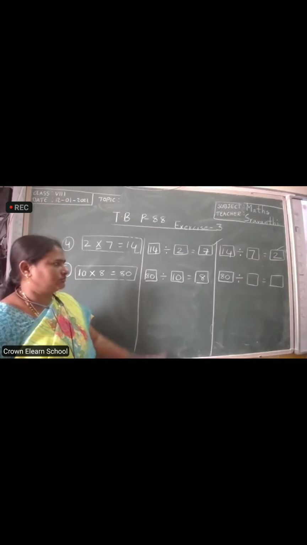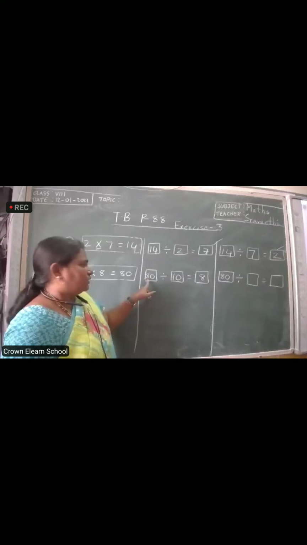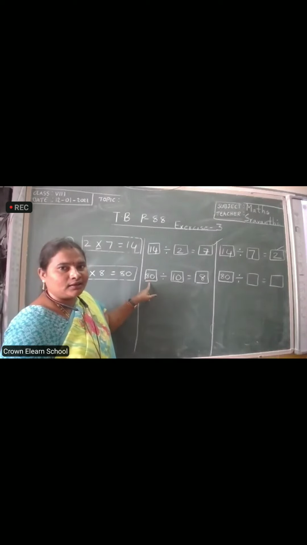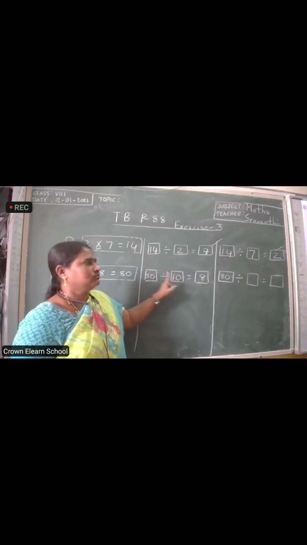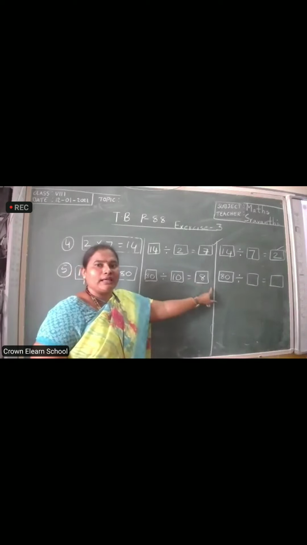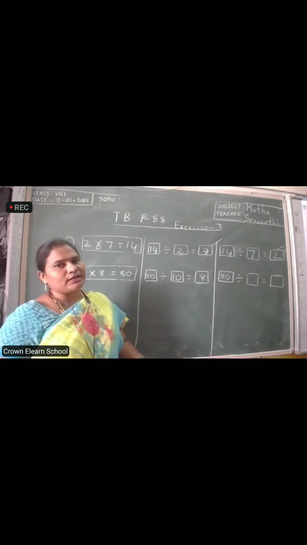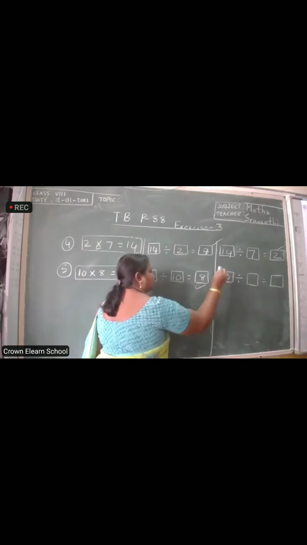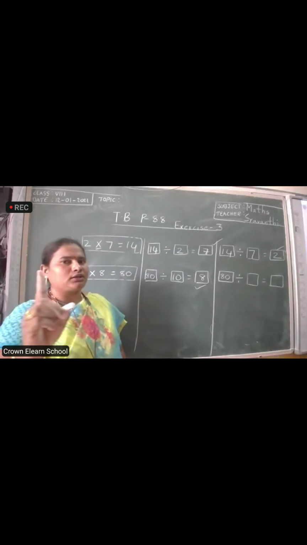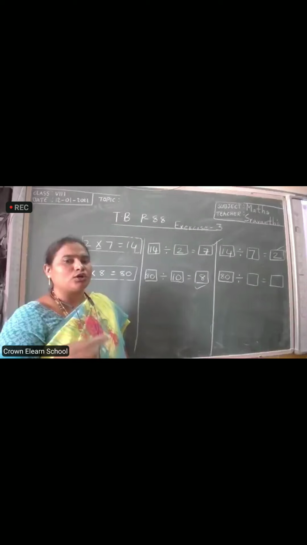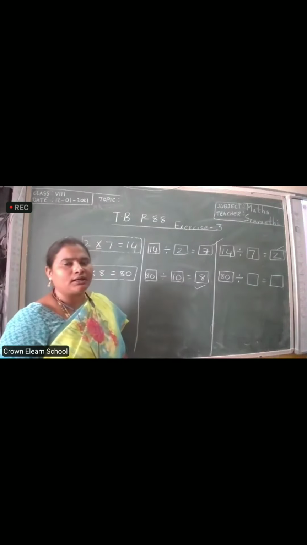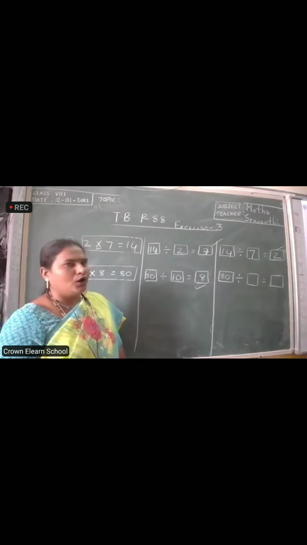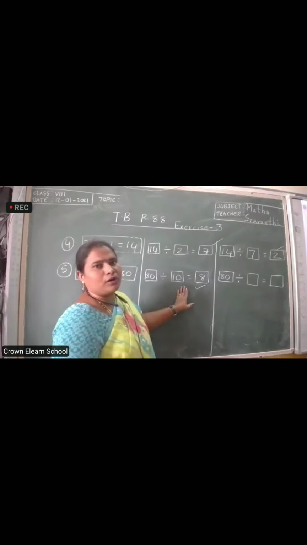Have you written this? Now you got 80 divided by 10 is equal to 8. Have you written the same? Is your answer correct? Then you can tick. If it is correct, then only tick. If you have written wrong, erase it and write correctly. See here and write correctly. Okay? One division form is over.